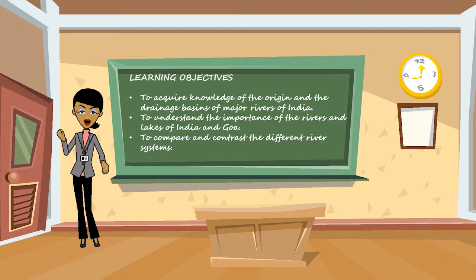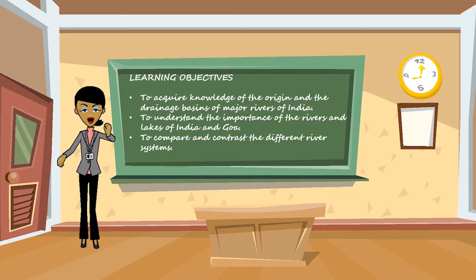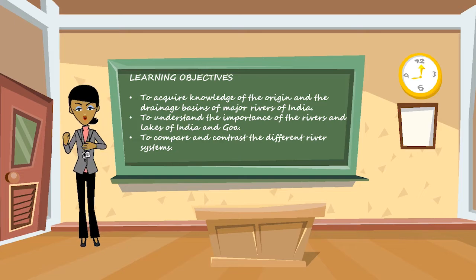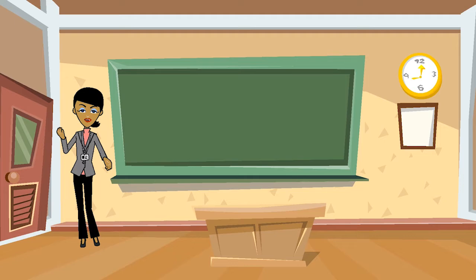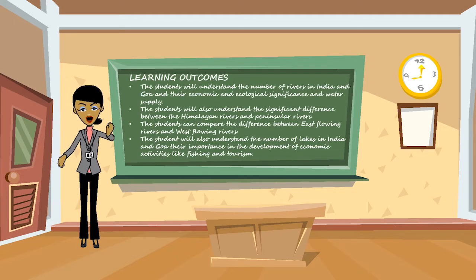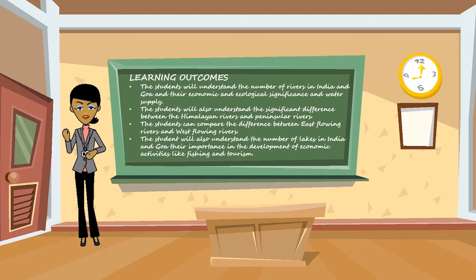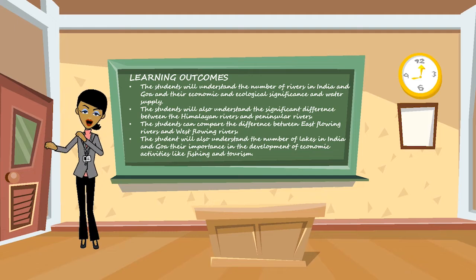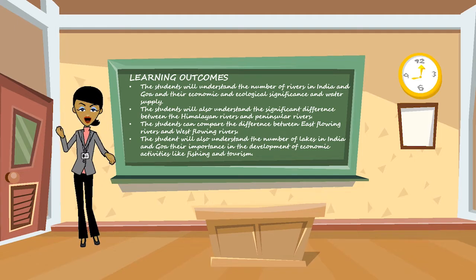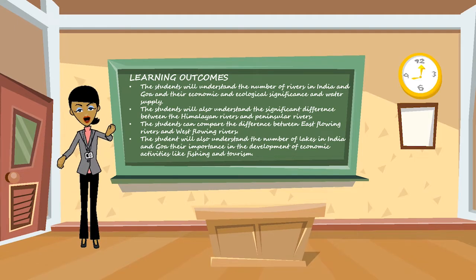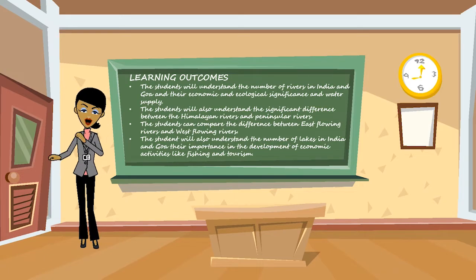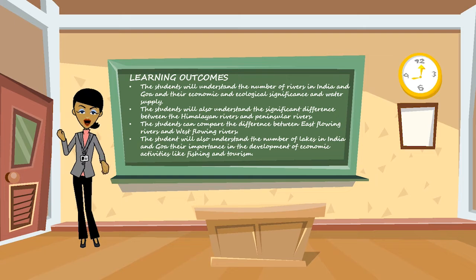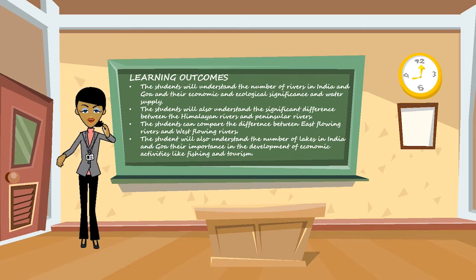Hello dear children, we have all heard that water is the main form of life or is the main support of life on planet Earth. We have also come across facts that state that the planet Earth is 70% water. So today in this lesson, we are going to study the sources of water in India. We will mainly focus on the rivers of India and also look into the rivers of Goa.